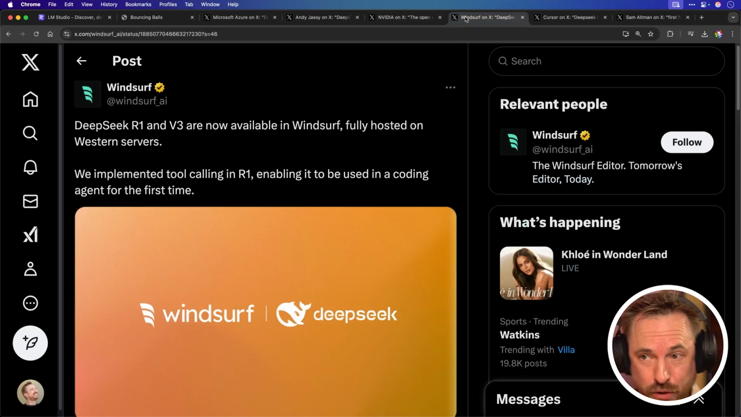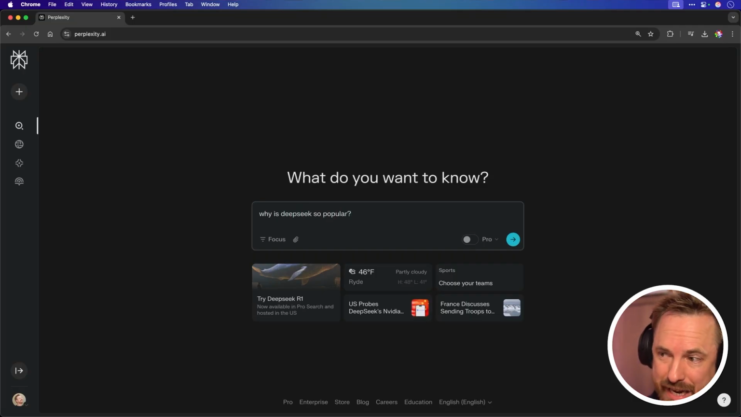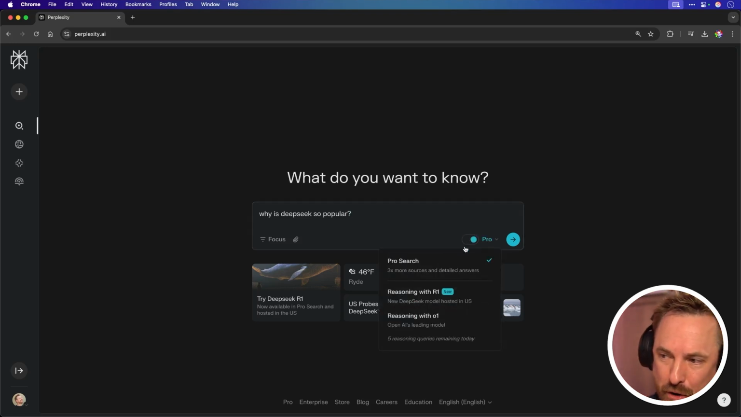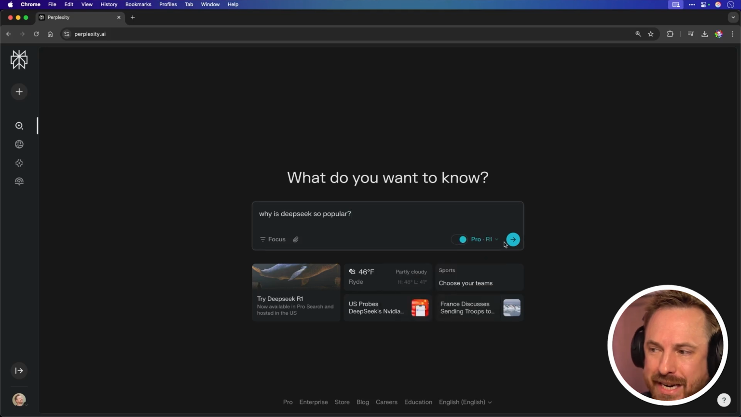Windsurf, the no-code tool, actually integrated R1 and V3, fully hosted on Western servers, they say. So if you're concerned about your data going to China, so many US companies have scooped this open source model and used it up. Most interesting use case of DeepSeek on a US server is Perplexity. Now, you know Perplexity for searching. If you switch on Pro Search and go to Reasoning with R1, the DeepSeek model is hosted in the US,